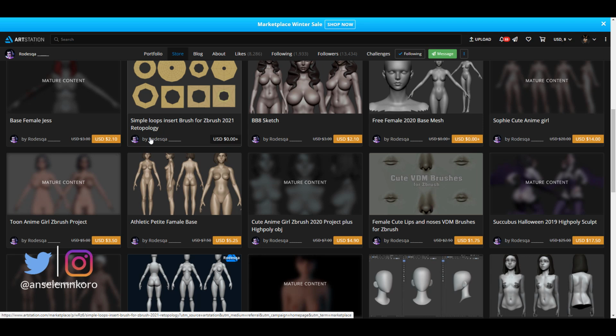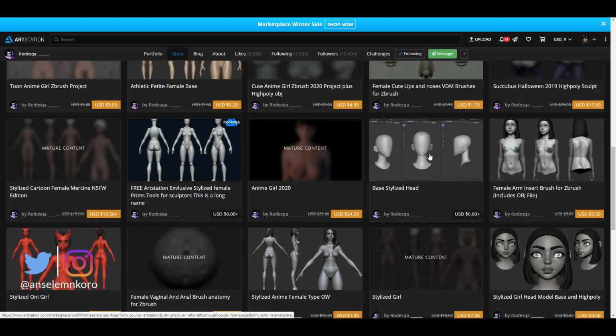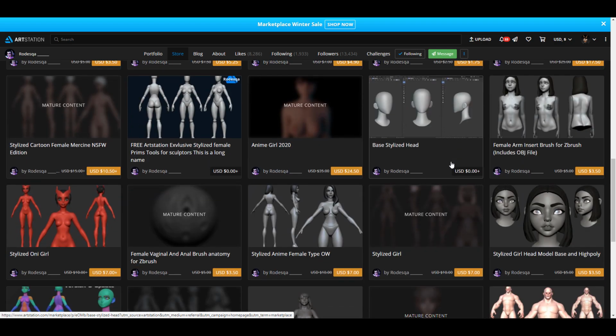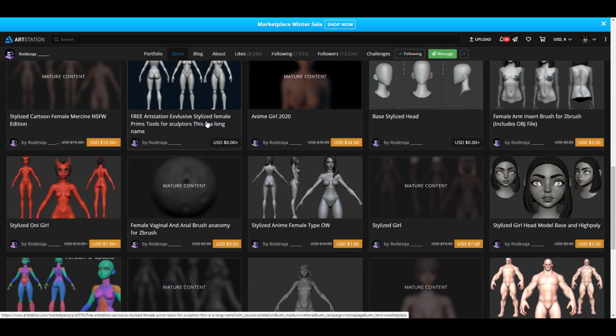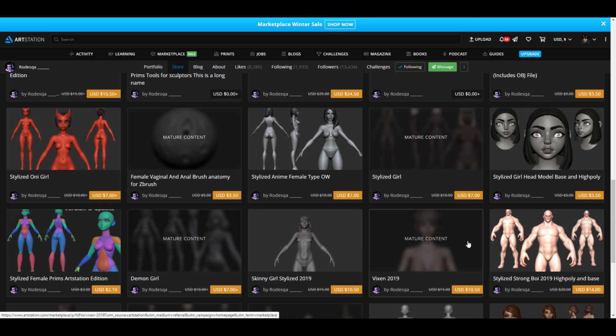We've talked about Rodesk before, but that was on ZBrush, but we see that there are some very nice and brilliant stuff that you can get on ArtStation right here. And this is also a base head. Okay, this is a stylized base head, and this is for Blender. So for those working with Blender, you can come steal this one for free as well. And we have this as well. So there are some very nice stylized stuff, pretty nice things that you can get right here, and you can grab most of these things for free.